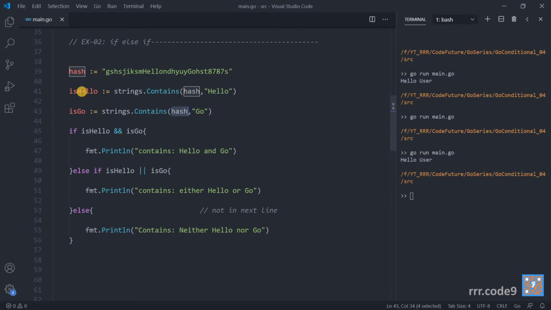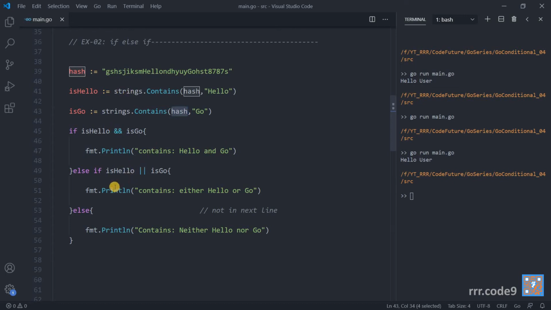The output is a boolean, either true or false, and we are using these two outputs to write another if and else statement, wherein we are checking if both hello and go are present in this hash or not. If both are present, then print contains hello and go.